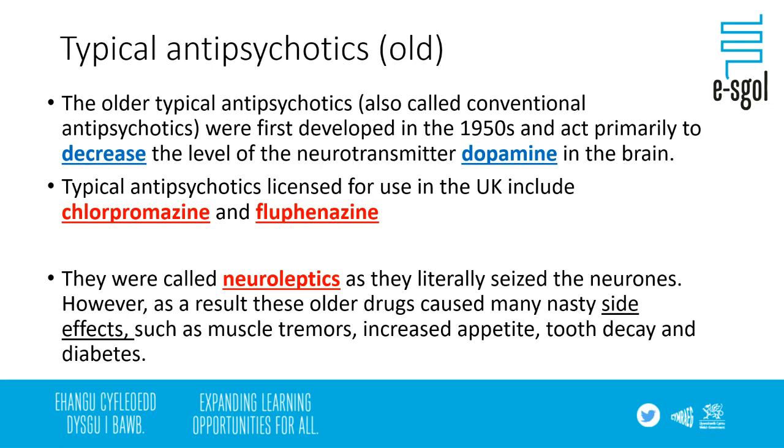You haven't actually got it, but it just means that you get Parkinson's-like symptoms. So Parkinson's is a degenerative disease of the brain and the limbic system, and it affects your memory, but it also affects movement and your muscles. So sometimes if you lower the amount of dopamine in the brain, you end up seeing some quite